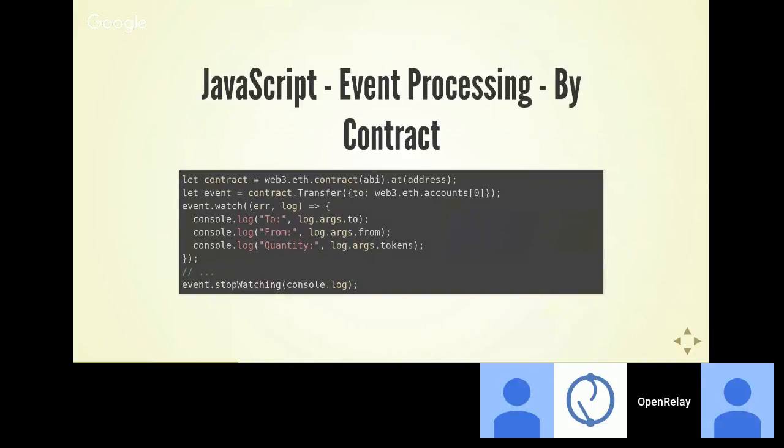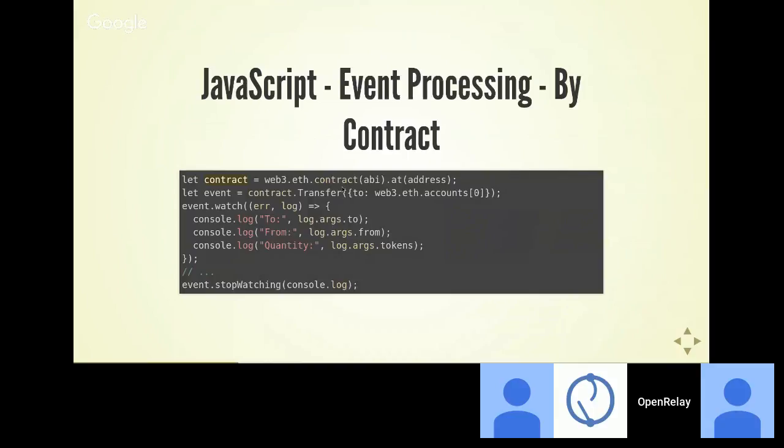So here is a quick example of what it looks like to process an event in JavaScript. In this case, we are creating a contract object. So if we say web3.eth.contract and pass in the ABI for that contract, and then tell it what address this contract is deployed to on the network we're connected to, that will give us a contract object that we can use to watch for